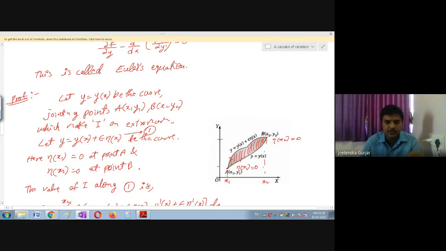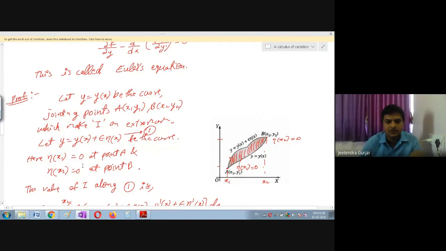We'll discuss this. To find this, we again take these strips, one by one, and we go on adding them. We will get the integral sign from x1 to x2. So this function is,